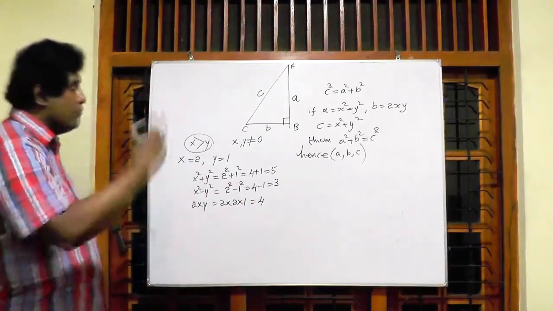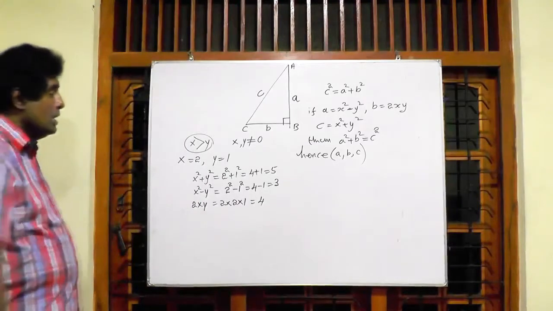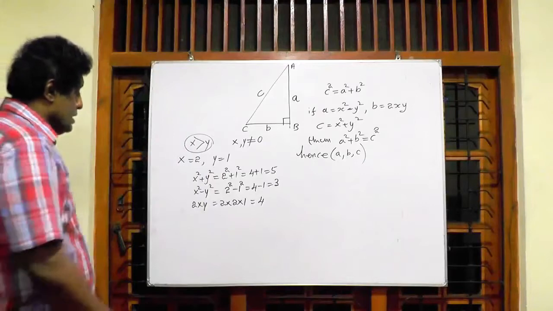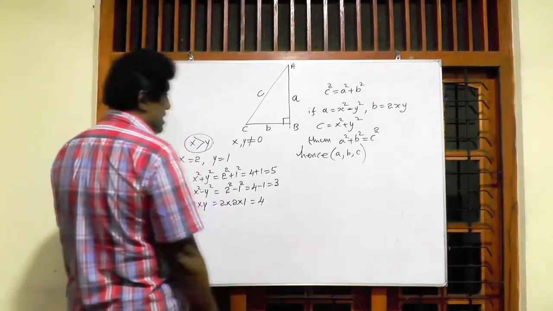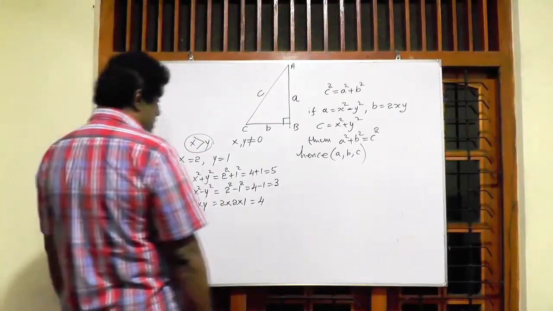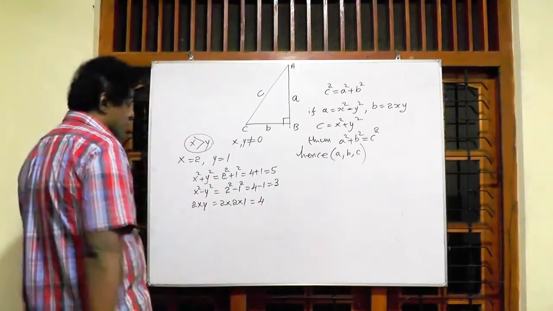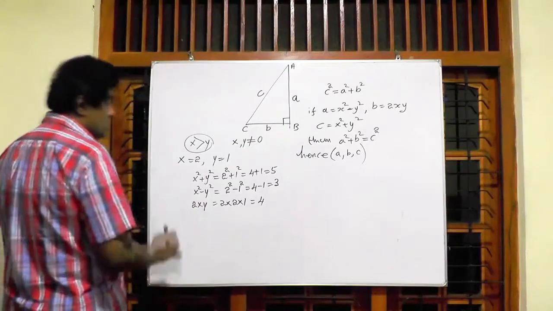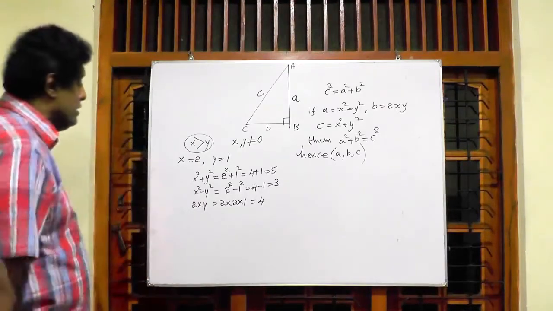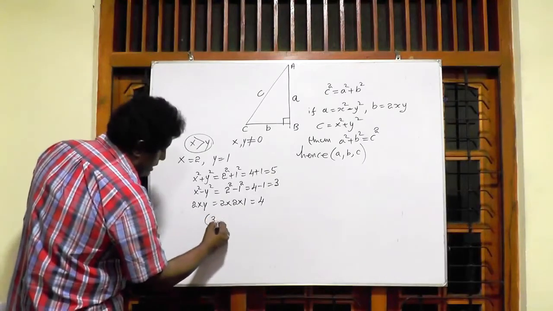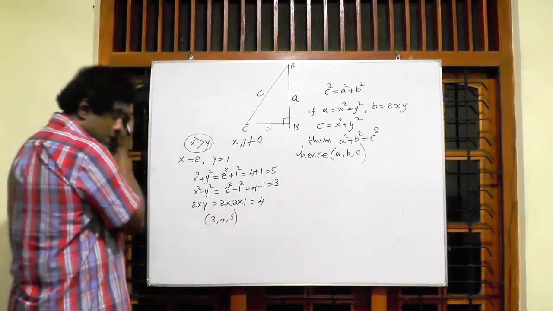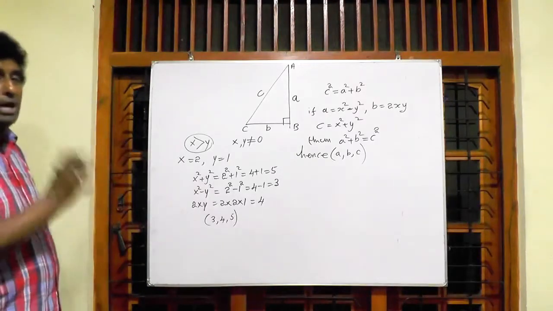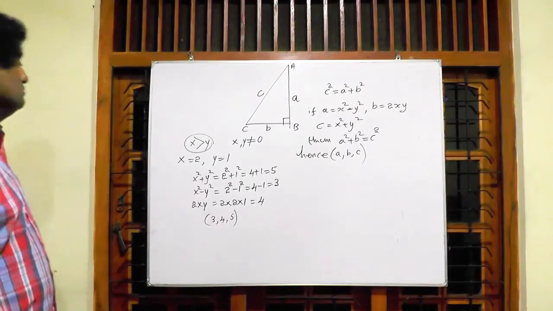Then what about 3, 4 and 5? There are 3 values. These values are a Pythagorean triple. Then the value of A is 3, the value of B is 4, and the value of C is 5. Then I am going to write here the smallest Pythagorean triple that can be written as 3, 4 and 5. Is it a Pythagorean triple? Definitely, that is the smallest Pythagorean triple that can be obtained.